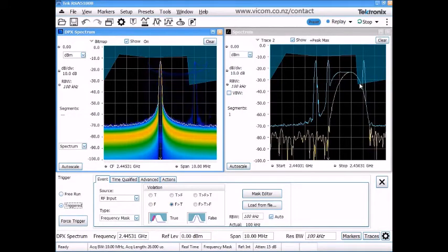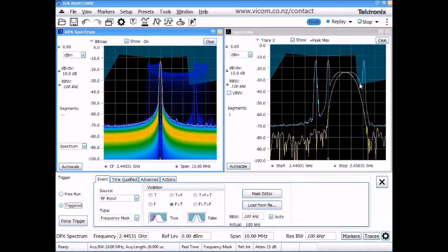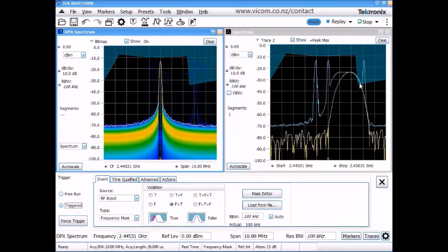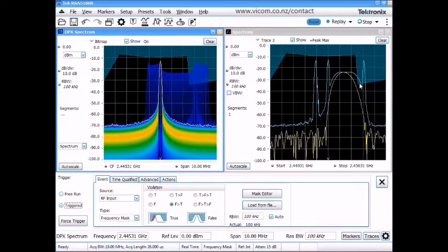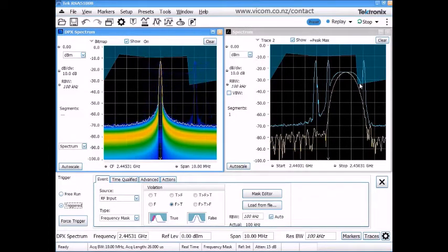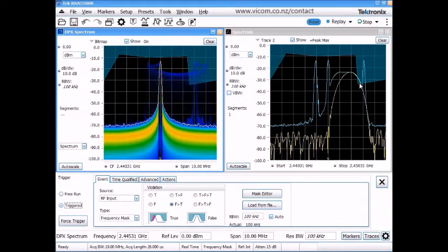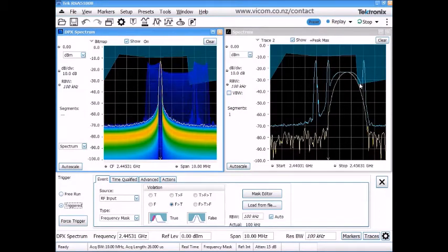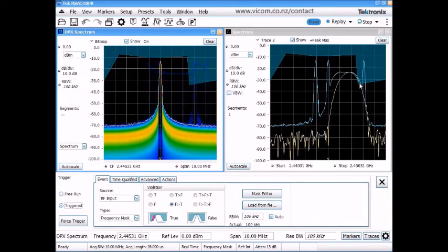is crossing that mask. Now from a debug standpoint, one other very important thing that's happening is each time the instrument is triggering, I'm also sending a trigger output pulse out of the BNC connector on the front panel. This allows you to then trigger an external piece of equipment like a scope or a logic analyzer or something like that, so you can actually then correlate measurements and captures and acquisitions in other instruments that are coincident with